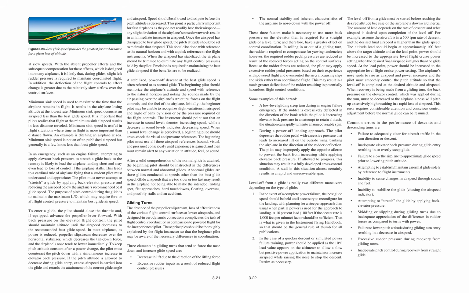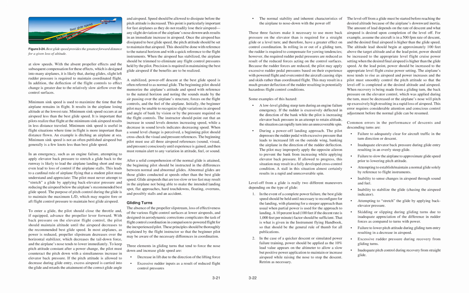all publications. 2. In the case of a quicker descent or simulated power failure training, power should be applied as the 10% lead value appears on the altimeter to allow a slow but positive power application to maintain or increase airspeed while raising the nose to stop the descent. Retrim is necessary. 3-22. The level off from a glide must be started before reaching the desired altitude because of